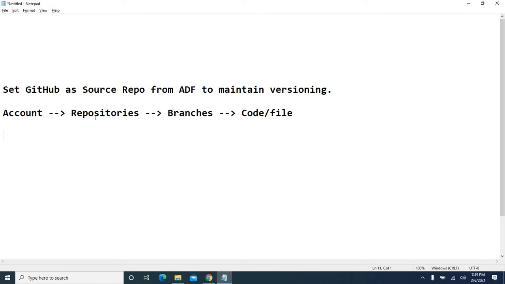Generally, when you create a repository, by default it will be created with one branch that could be either main or master branch. This is the collaboration branch, which will have the final code. What I meant to say is the code that is running in production. That final code would be there in the collaboration branch. Within the repository, along with the master or collaboration branch, we can have multiple other branches created.